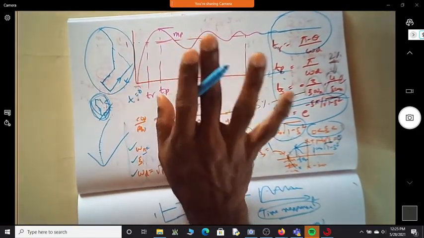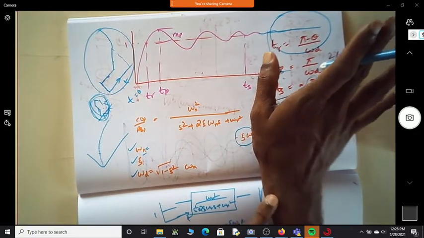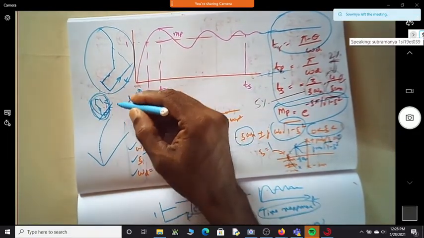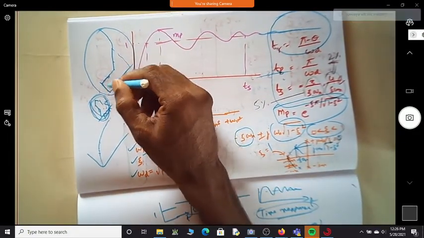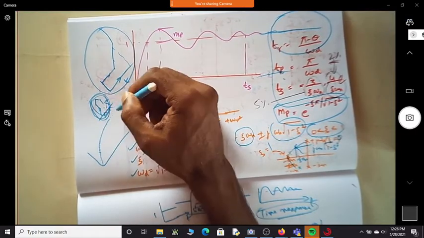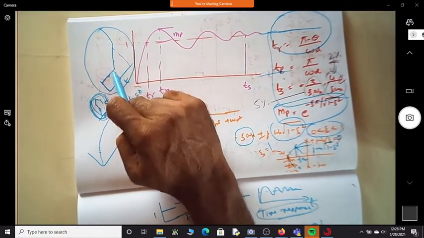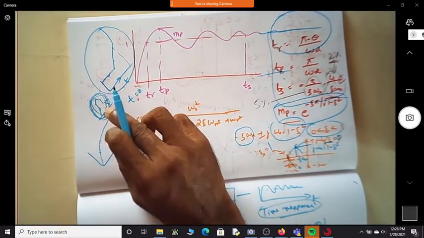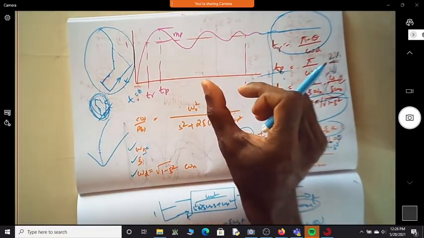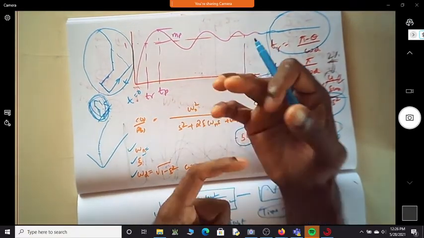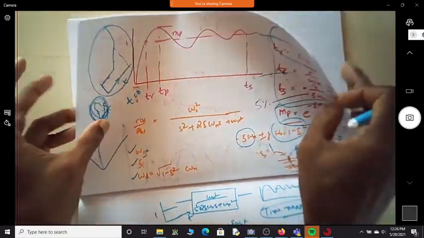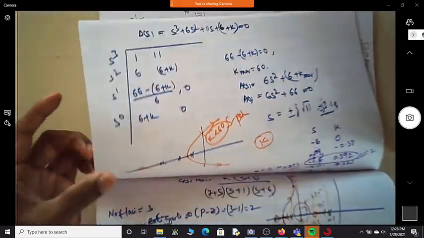Then the steady state error is zero. How can you predict this? Because you know the transfer function of this rocket, and this rocket is made out of small building blocks. We have seen in the initial classes that if you have a complicated block diagram, something like this, you can break it down.